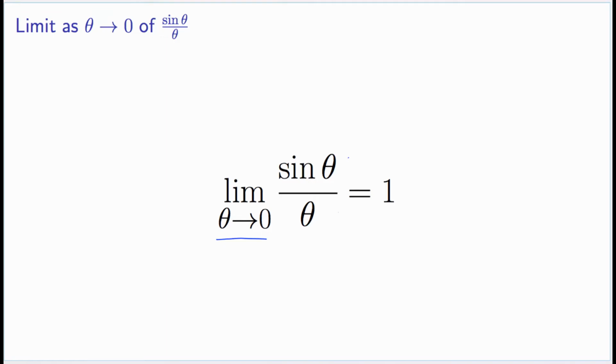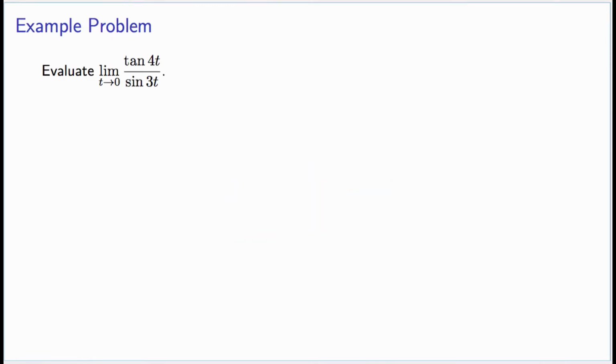In this lesson, we'll continue working on problems involving the fact that the limit as theta goes to 0 of sine theta over theta is equal to 1. Our next problem is the limit as t goes to 0 of the tangent of 4t over the sine of 3t. So the first thing that we'll do here is go ahead and rewrite tangent in terms of sine and